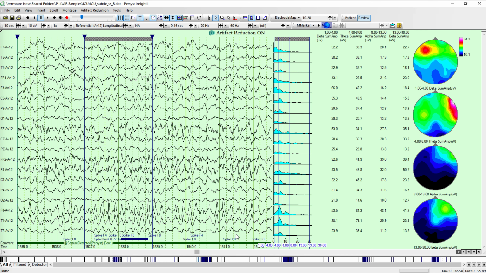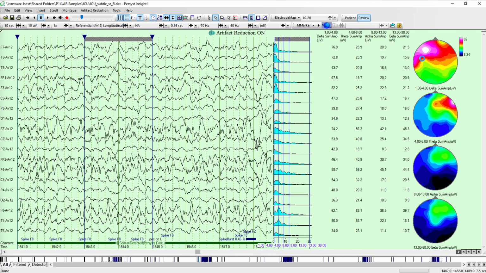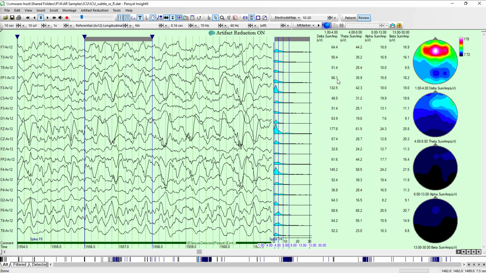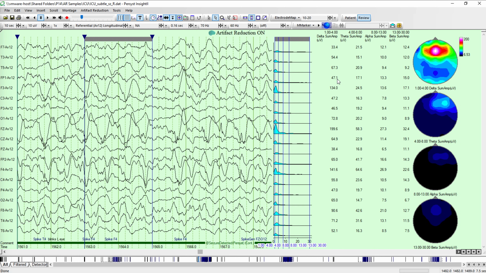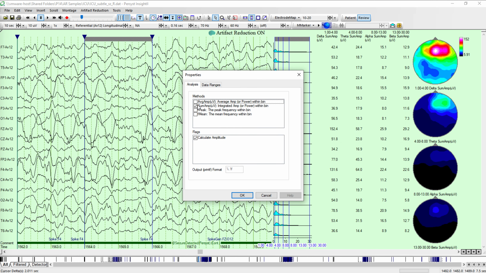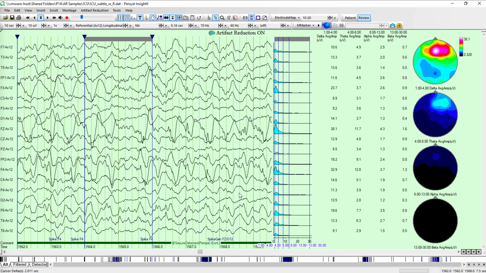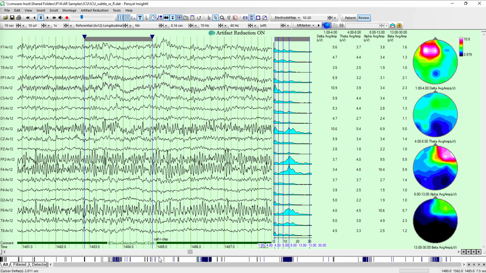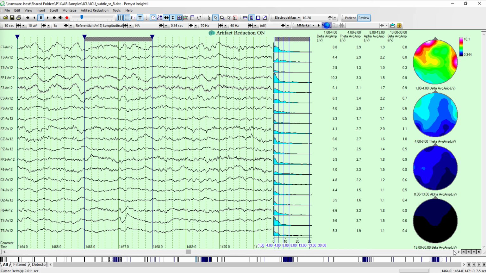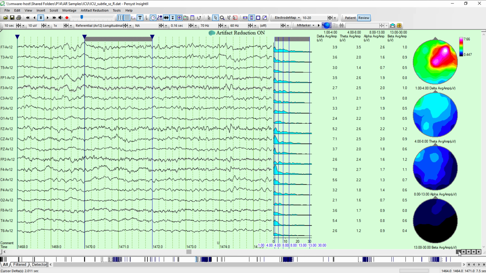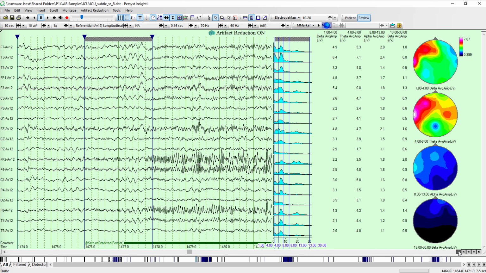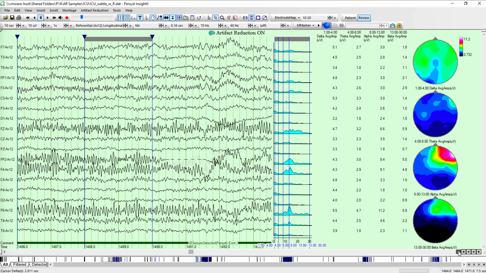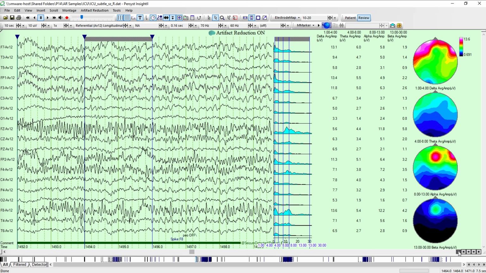Let's see what happens if we modify the parameters for this. And I'll wait till it's finished paging and updating because I clicked it a bunch of times. So you actually get a little bit of animation going inadvertently. Let's go to properties, and I'm going to pick the average amplitude, and we'll see how the maps look different. Go back to the onset of the seizure. And we'll just, again, arrow through that. There's the onset. And as we go further through